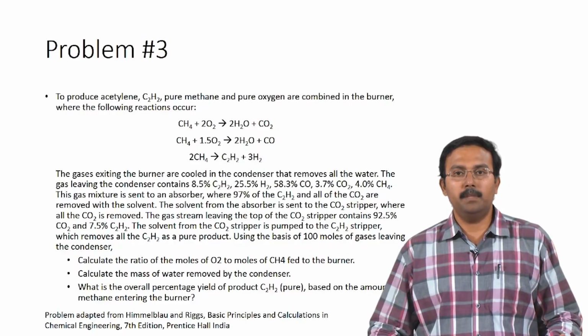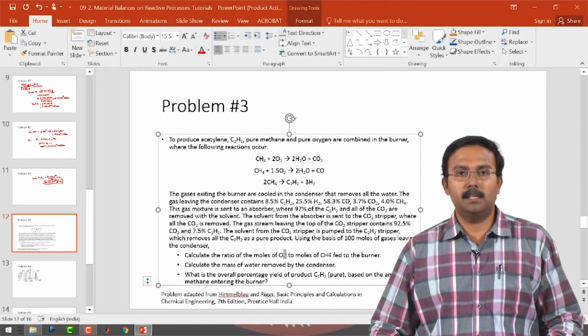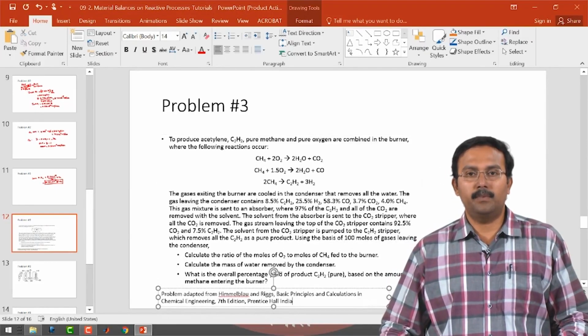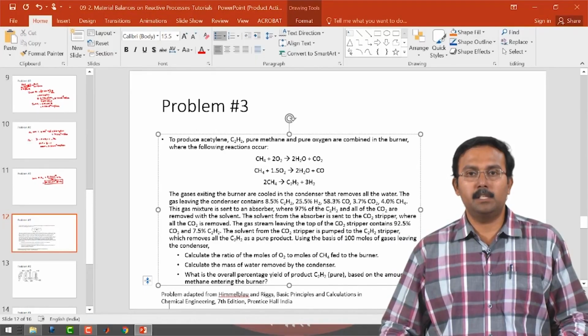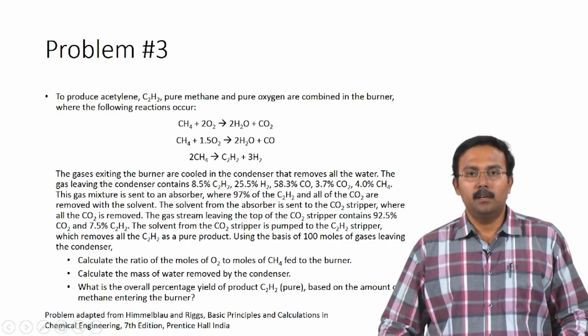The solvent from the absorber is sent to the CO2 stripper where all the CO2 is removed. The gas stream leaving the top of the CO2 stripper contains 92.5% carbon dioxide and 7.5% acetylene. The solvent from the carbon dioxide stripper is pumped to the C2H2 stripper where all of C2H2 is removed as